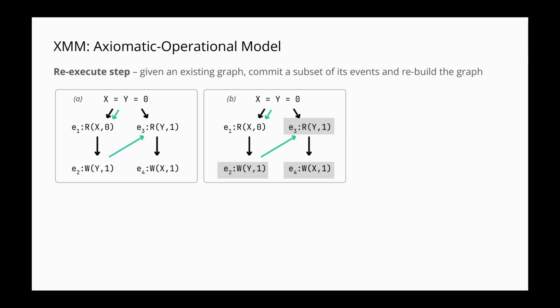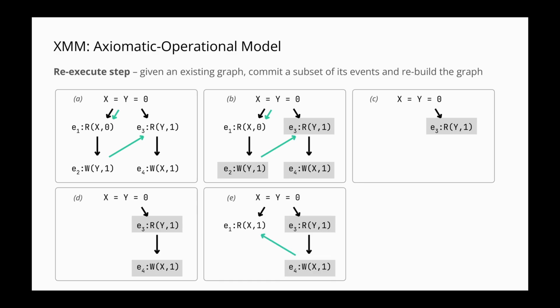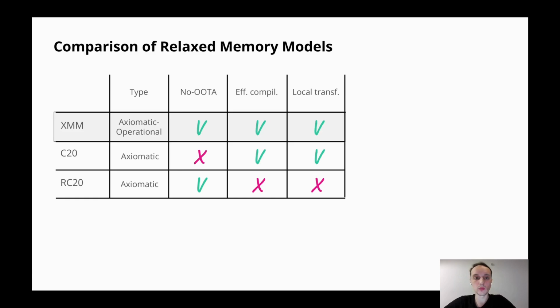Importantly, during the re-execution, it is allowed to add a read event that reads from nowhere, but only as long as it is committed. This constraint prevents thin air reads by ensuring that the values of committed reads are grounded by the original execution, and the writes from which they read are guaranteed to be restored in the resulting graph. With the help of these two graph construction rules, XMM achieves no thin air, optimality of compilation mappings, and soundness